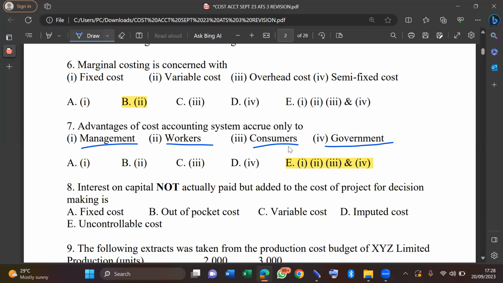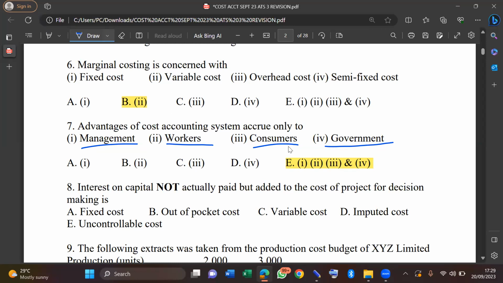Do we get that? Who is cost accounting important to? That is the meaning of the question. Cost accounting is for all of them,